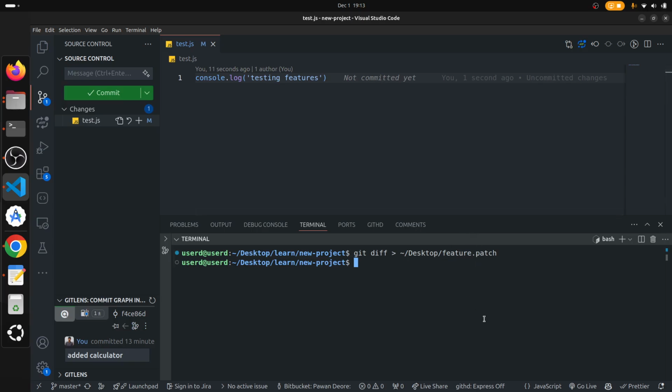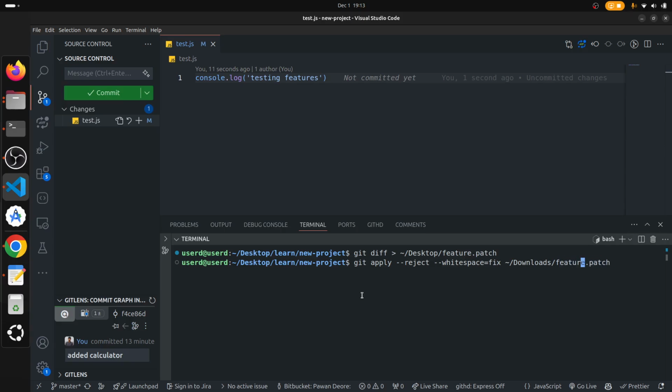What your teammate will do to apply that change on his local machine is type git apply --reject --whitespace=fix. Basically it will ignore all the tabs, spacing and everything nonsense. And whatever folder he downloaded the patch file in, let's say it is in the downloads,